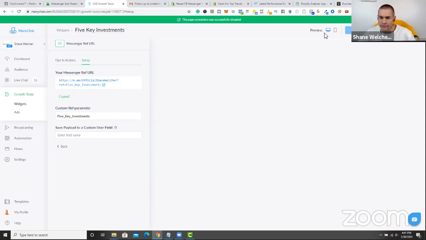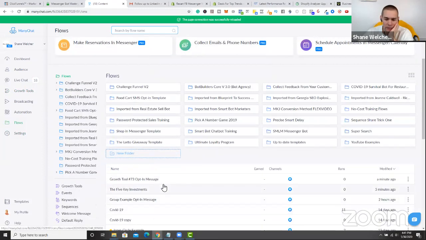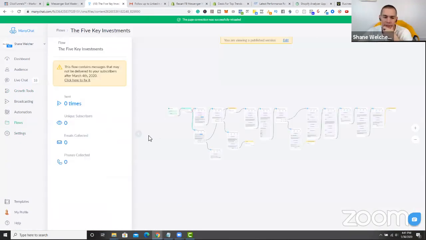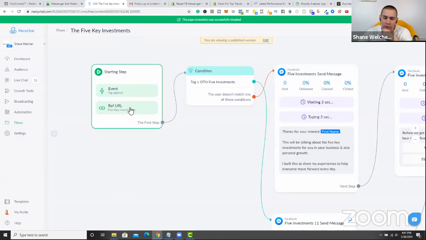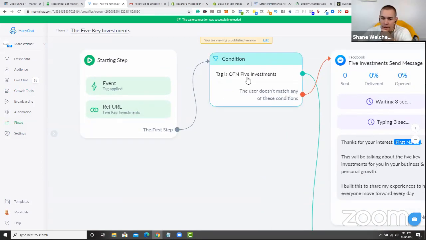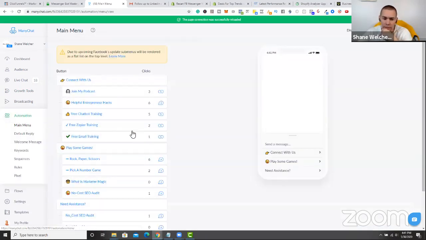So what I'm curious about is, now that I've copied this, I'm going to delete this one, right? I'm going to delete that. And then I'm curious to see if this is going to be the case. So now I have a messenger ref URL too that can actually come in as a starting step. So this is actually interesting. But let's just say, for instance, now I have a messenger ref that would start this, that I could share. And I also, let's just say, I'm curious, if I put this in my main menu,